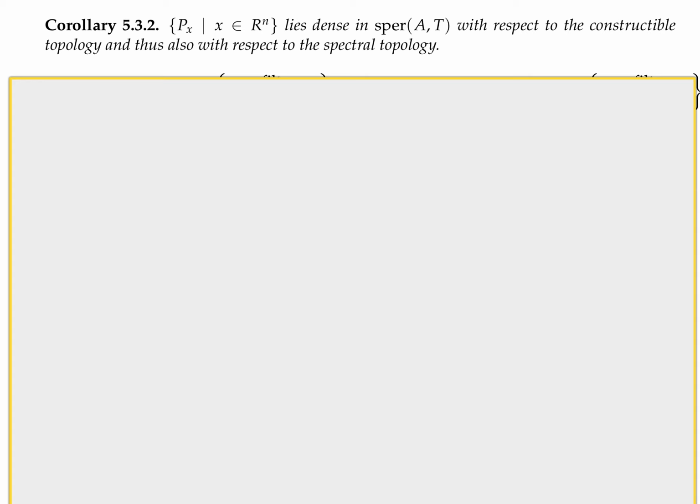And if you have a non-empty open set in the spectral topology, it's of course a non-empty open set in the constructible topology. Therefore, it suffices to show everything for the constructible topology. So that's a bit of a stronger statement. And why is it true? Well, let's look at this thing here. So this is actually the